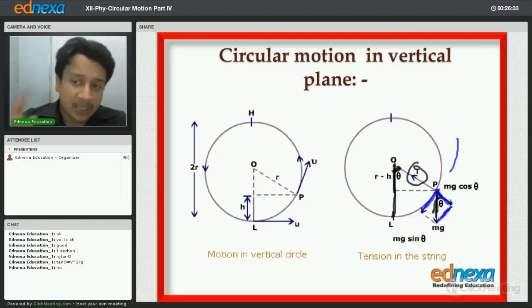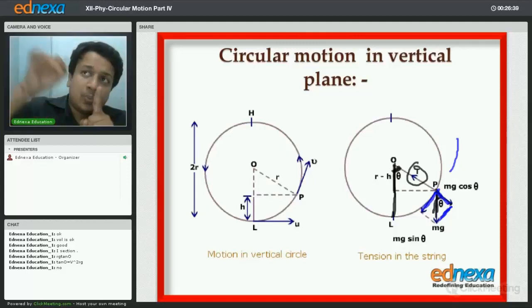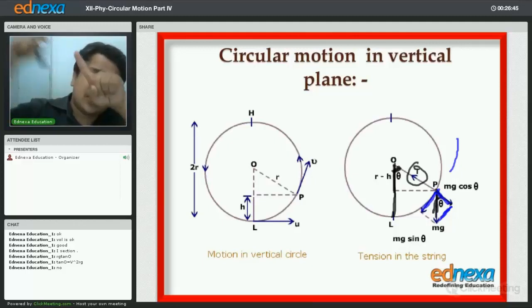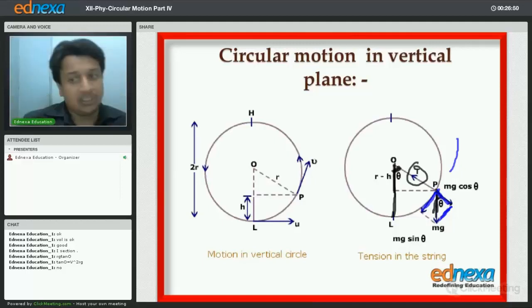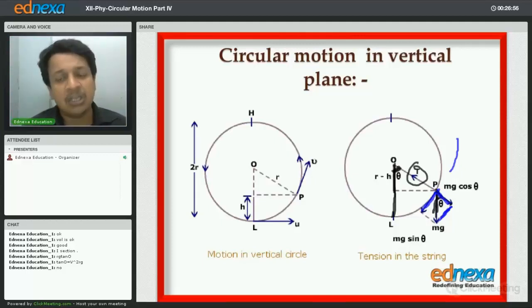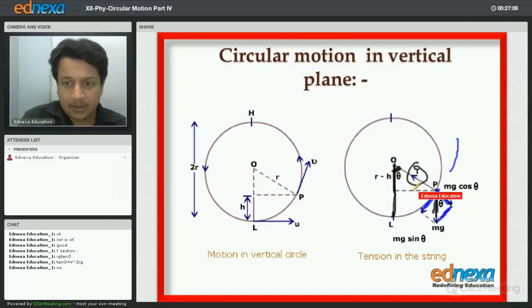You may ask me, sir, how opposing? Again I will repeat. What is the motion? What is the direction of motion? Direction of motion is from L to P, like this way. And at mg sin theta, motion is in this direction and mg sin theta is in this direction. So are these two directions same or opposite? These two directions are opposite. So mg sin theta factor will oppose the motion, and therefore